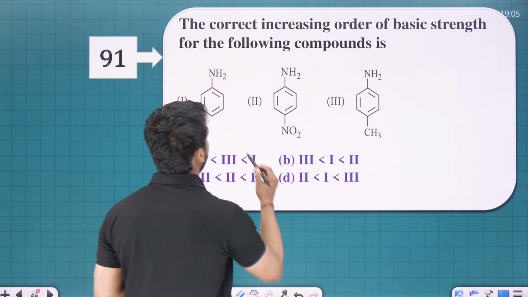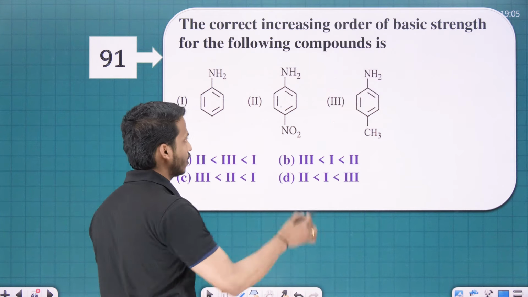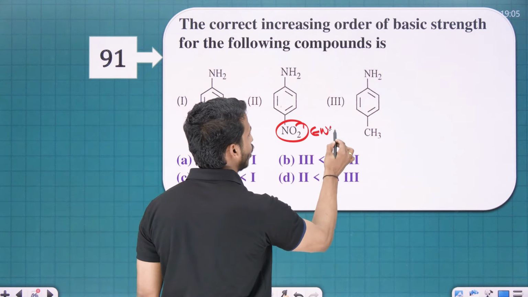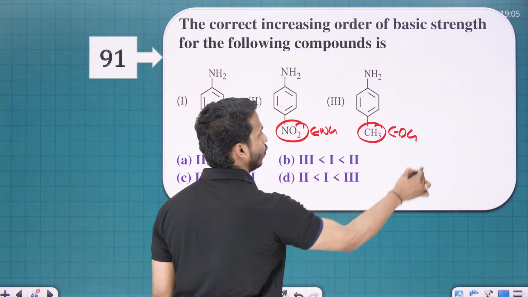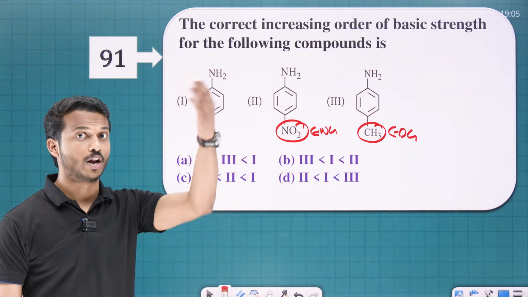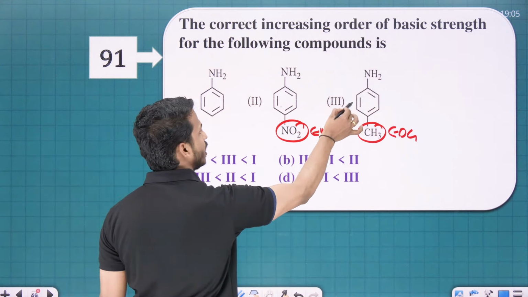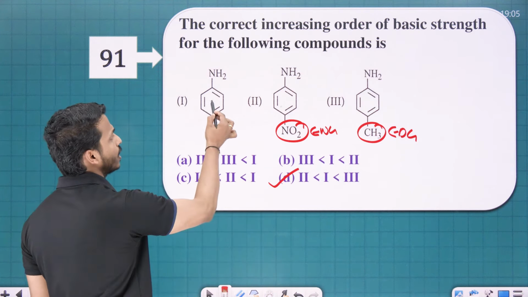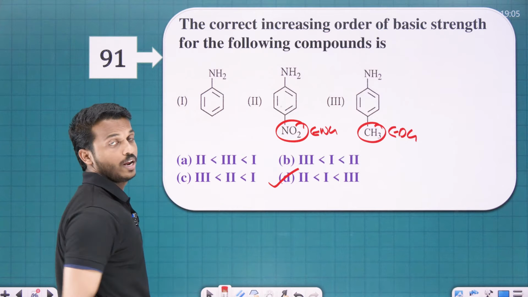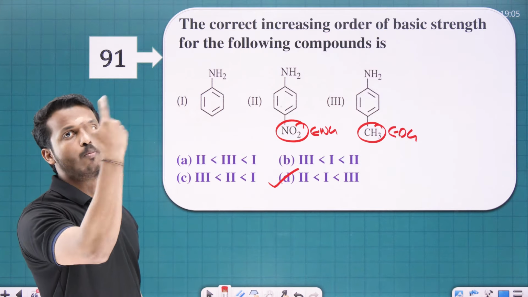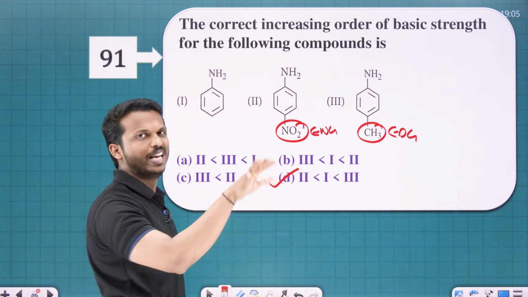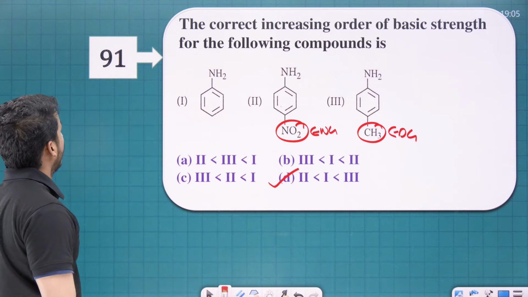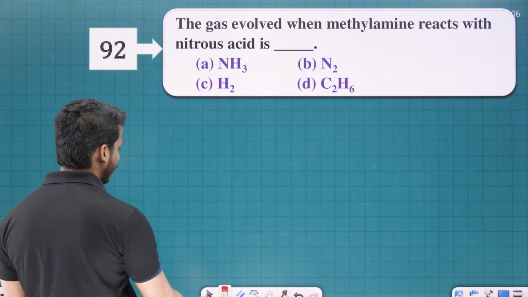All are aniline, all are aromatic. You know, nitro group is a withdrawing group, alkyl groups are donating groups. Who can increase the basicity? Donating group. So no doubt, the third one is most basic. Then this, and the last one is with a withdrawing group. So more donating group, more basic; more withdrawing group, least basic. Finish. Next one. The gas evolved when methylamine